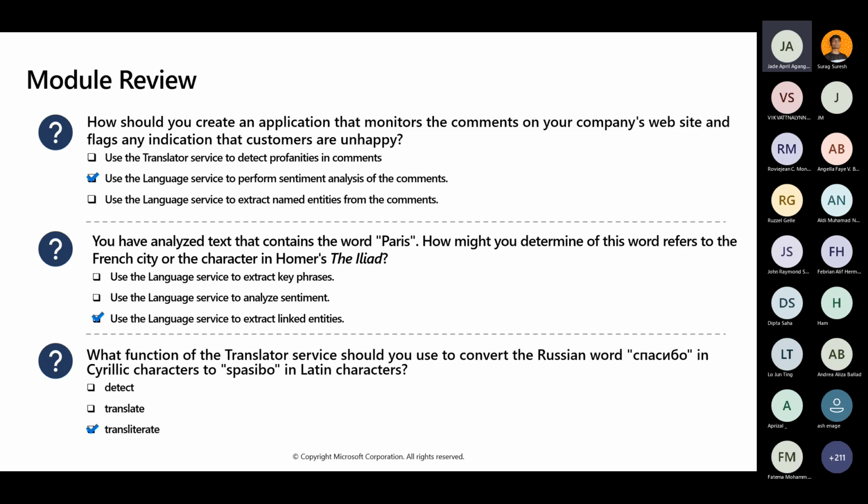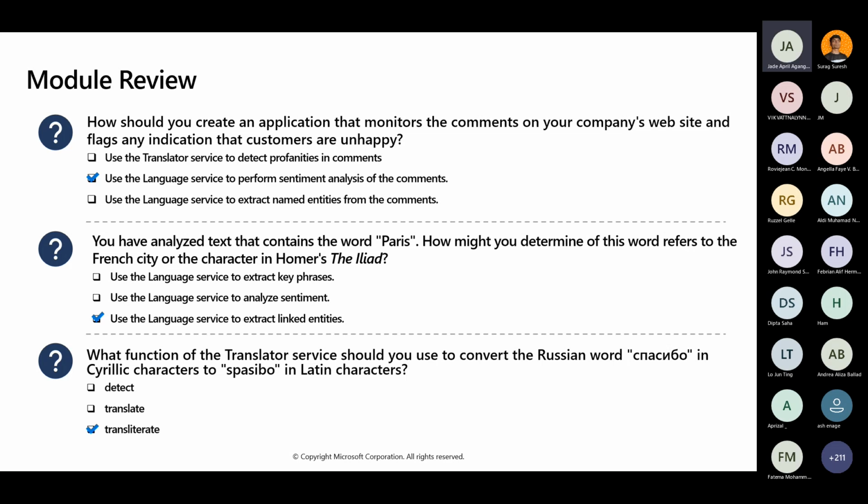Then next we have the second one. You have analyzed text that contains the word Paris. How might you determine if this word refers to the French city or the character in Homer's The Iliad? The Iliad is like a novel. So how are you going to relate Paris, the French city, and Homer's The Iliad?